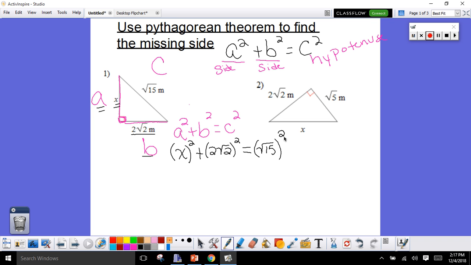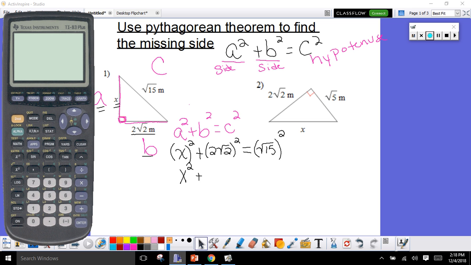So the next thing that I do is I'm going to put everything I can in my calculator. X squared is just going to stay as x squared. In my calculator, I am going to put 2 on the square root of 2 squared. So let's go ahead and do that. We're going to get our calculators. And we are going to put 2 and the square root of 2. So 2